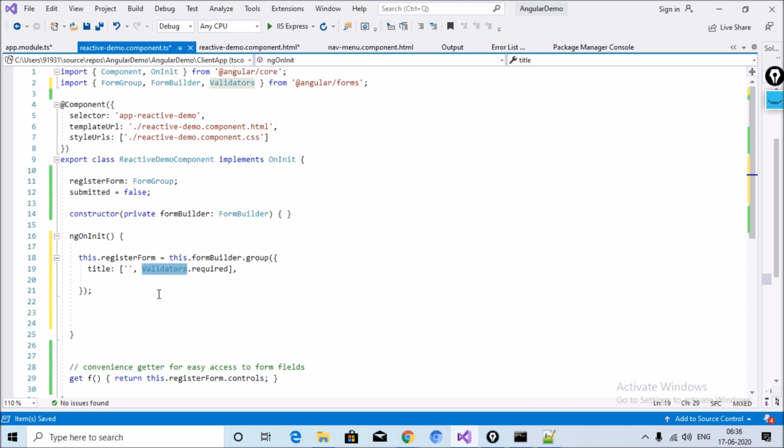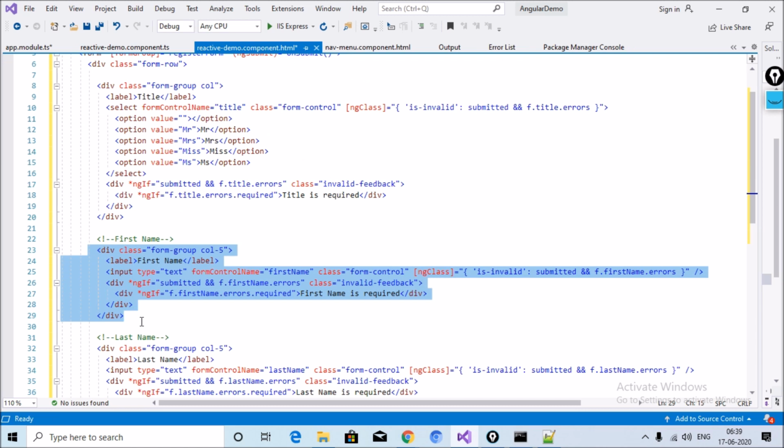Now the next property is added in my HTML as well as in my component. You can see here the first name, simply a label first name and input type text, form control name, and define name. Inside the ng class, define all validation and conditions.